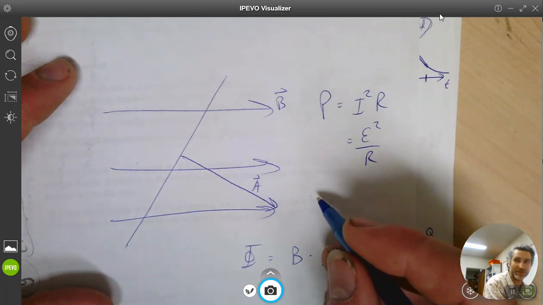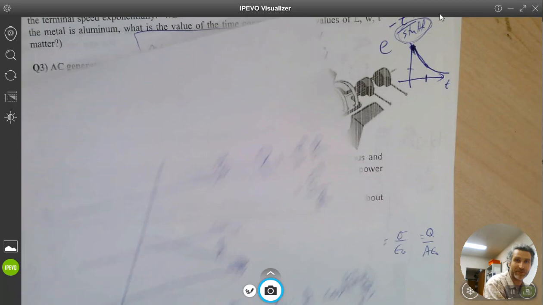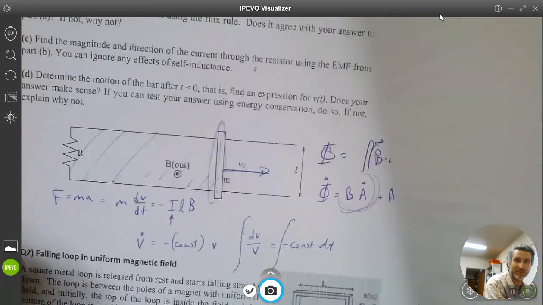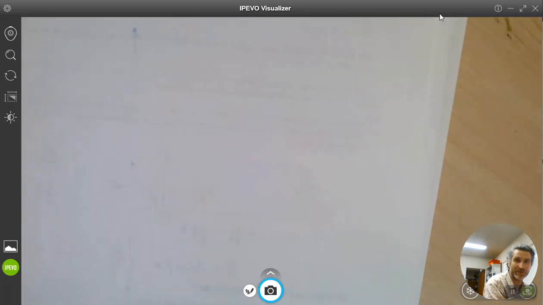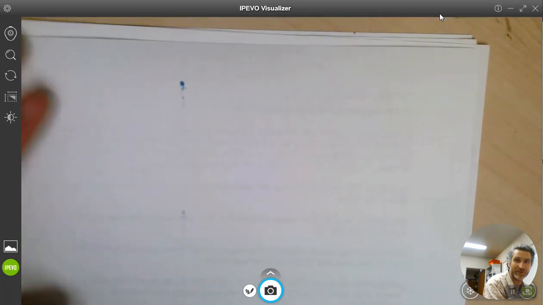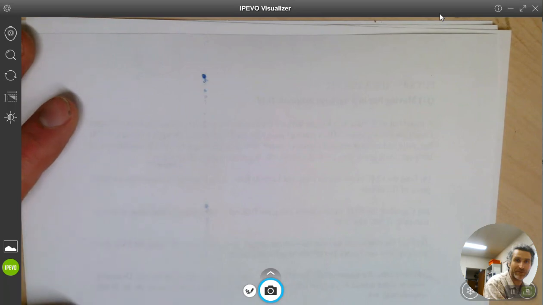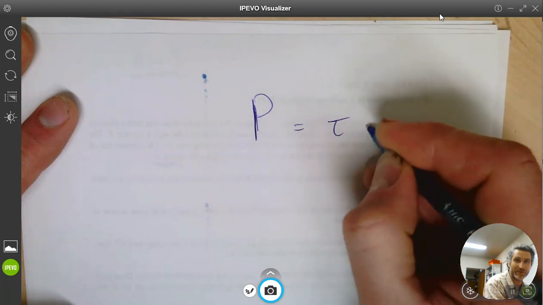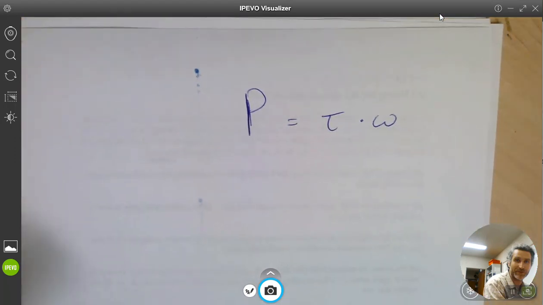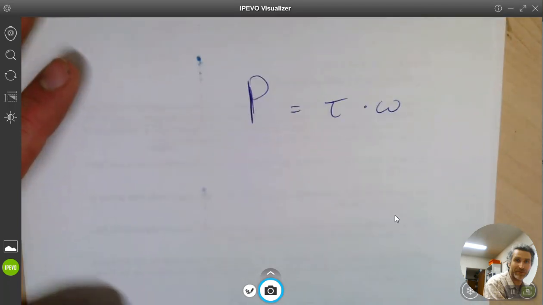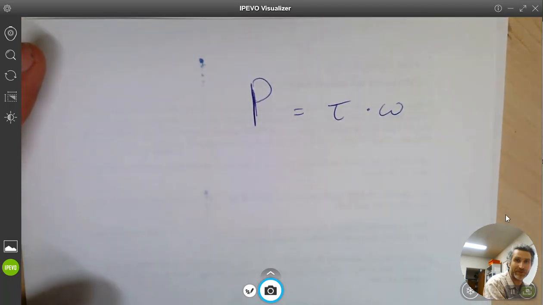Now, something that I completely neglected to mention, but after I really thought about it, I realized that it's not as trivial as I thought it was. In fact, I looked at 3 different intro physics textbooks, like University Physics and College Physics from Knight, and none of them clearly laid this out. But the power from torque is equal to torque times omega. And maybe I can help give you some, oh, is it freezing here? What's going on?